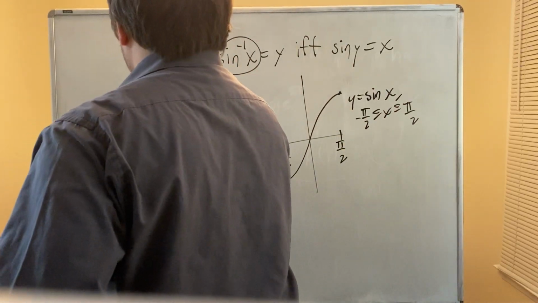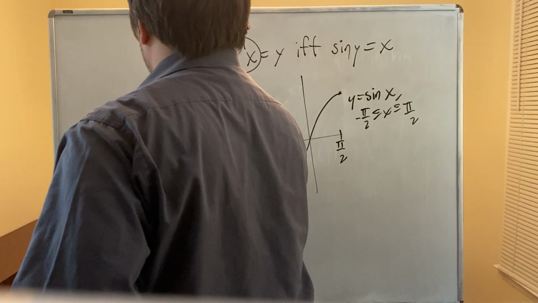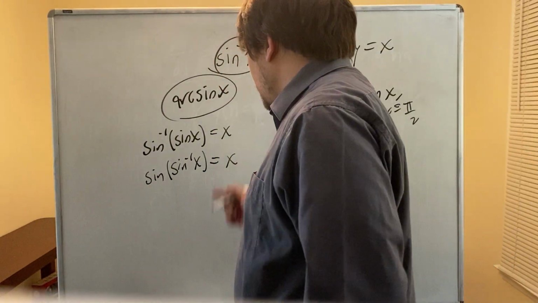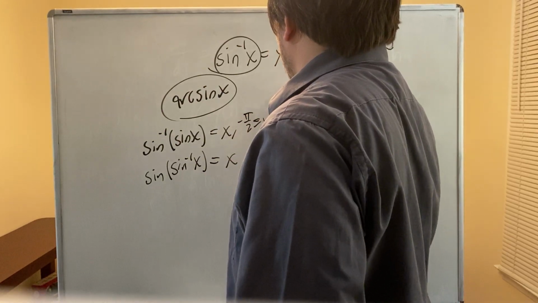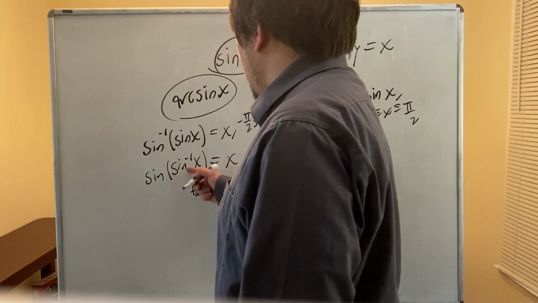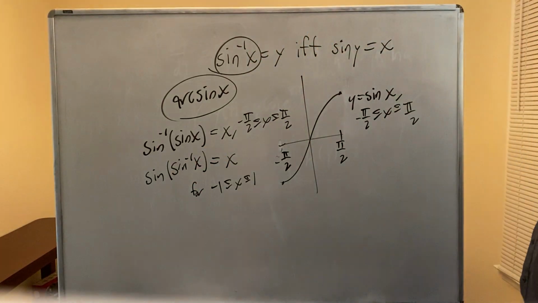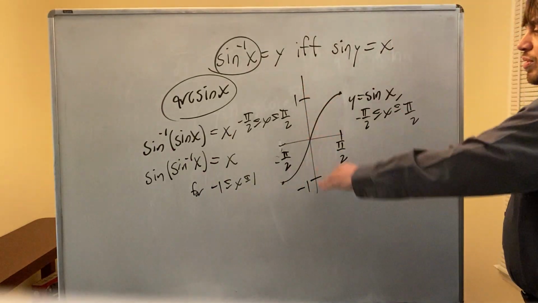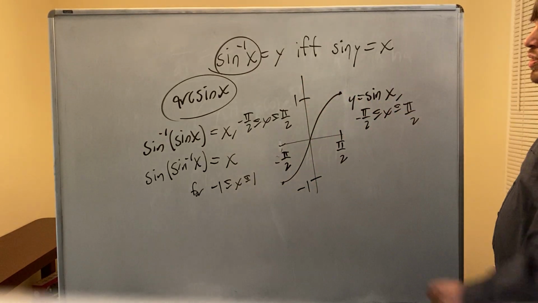And so we have the cancellation equations for sine. Sine inverse of sine x equals x, and sine of sine inverse x is equal to x. The first is for x only in this subinterval, because those are the only x's we plug into the restricted sine function. The second is for the x's we plug into sine inverse, which is from negative 1 to 1. Sine inverse is only defined from negative 1 to 1, because the values of sine range from negative 1 to 1. For the inverse function, you switch the domain and range. So for sine inverse,